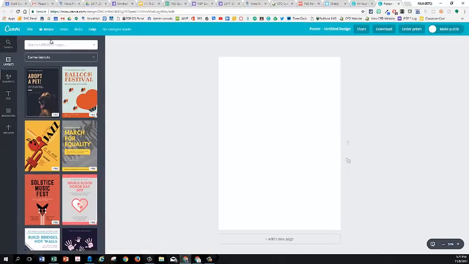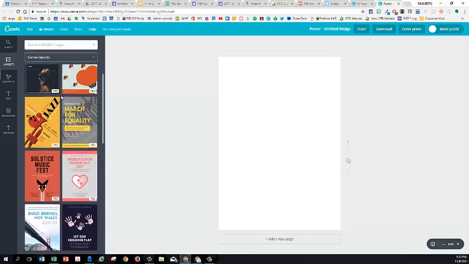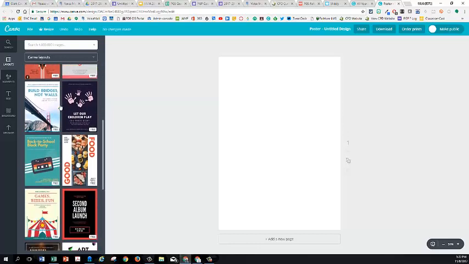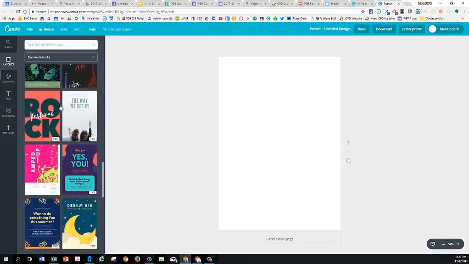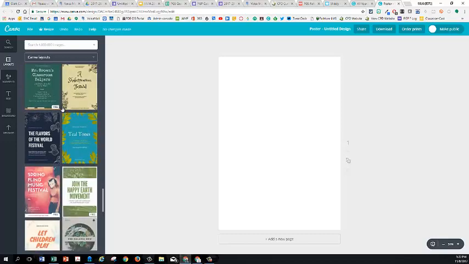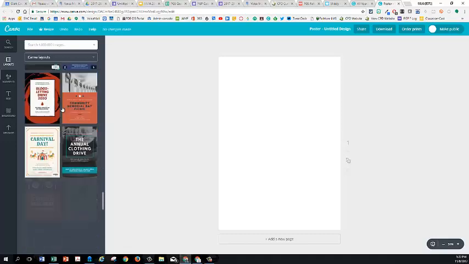Now we see our options on the left-hand side. We have our options of layouts, elements, text, background, and uploads. Okay, layouts. There are some, and notice Canva is one of those free tools with a lot of upgrades that you can do that cost. And so you can see here in the different layouts, a number of them are free. There are lots and lots of free layouts, but as I scroll down and look at more and more, eventually I'm going to get to some of the paid